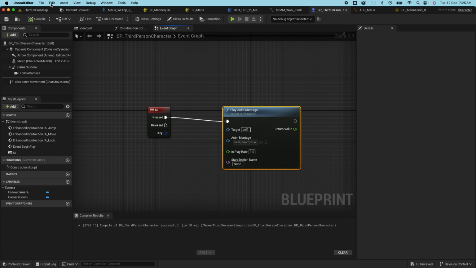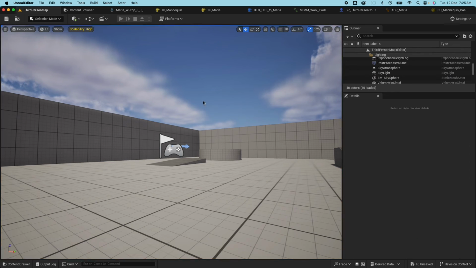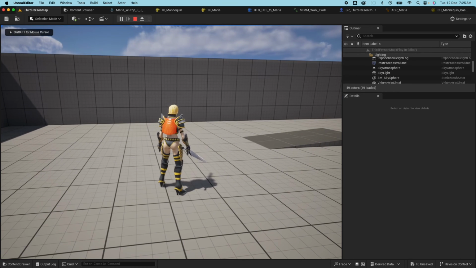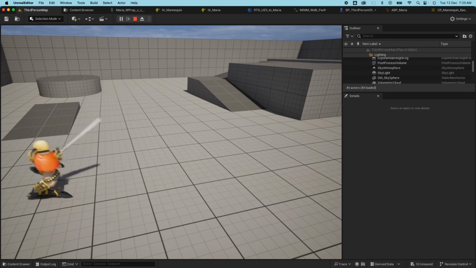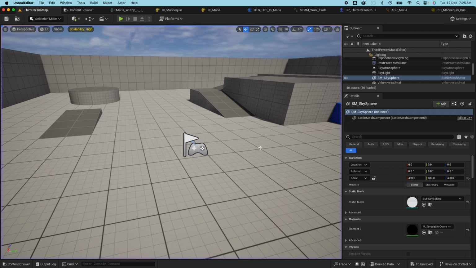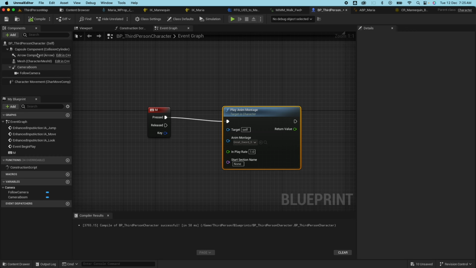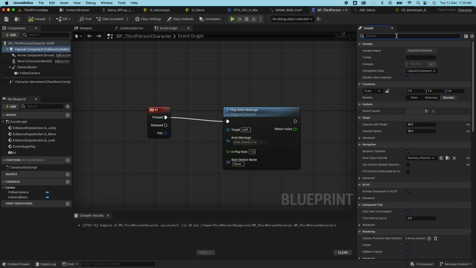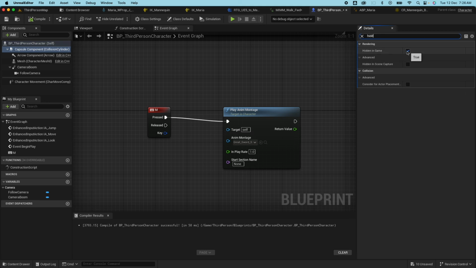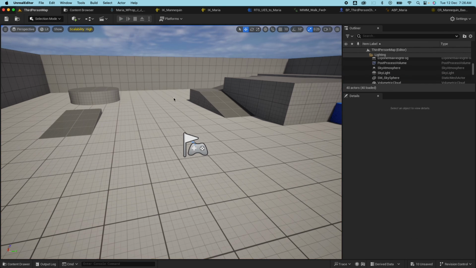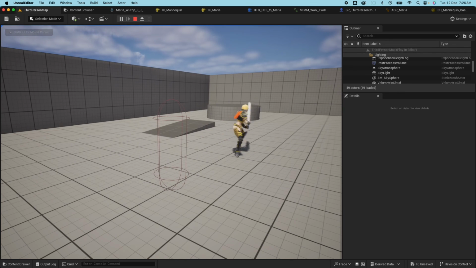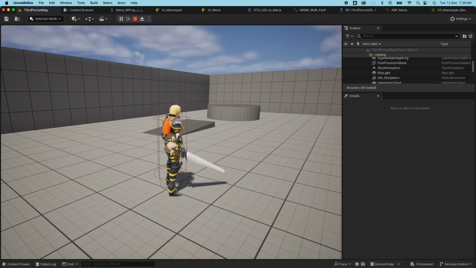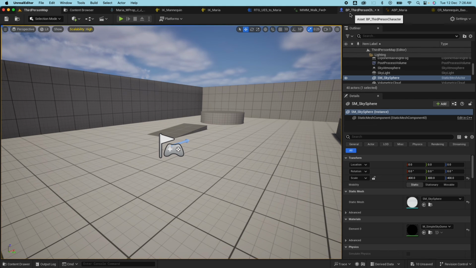So compile, save. So when I hit play and I hit the keyboard, the character is going to do that, but immediately she's going to pop back to its original position. So if I go here, character capsule, and do this as well, it's more obvious what's going on. So if I play, you'd see the capsule is within the character, and I hit play, the character pops back to its original location. So to fix that, go to the